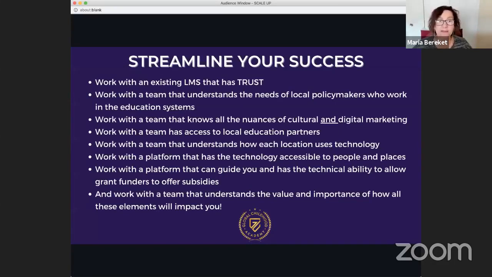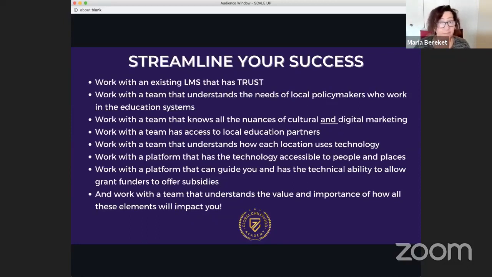So let's do a little recap. Working with an LMS that you trust, seeing what is available to you, and knowing that they're offering you an opportunity to bring your courses to the audience that you want. And working with a team that understands all of the things that, from step 1 to step 5, and then the things you're going to learn about in the ebook. It's a complicated world, and every place is very different. And it's good to work with a team that understands that.